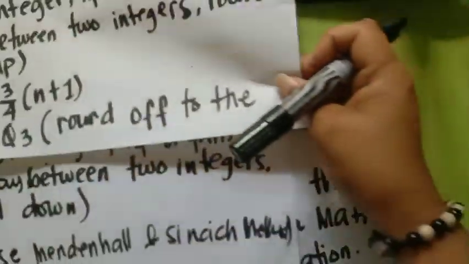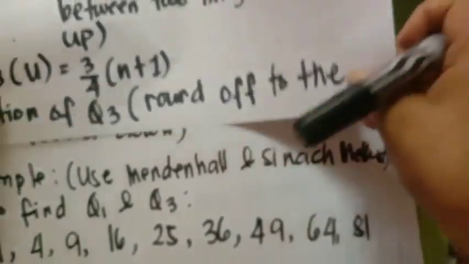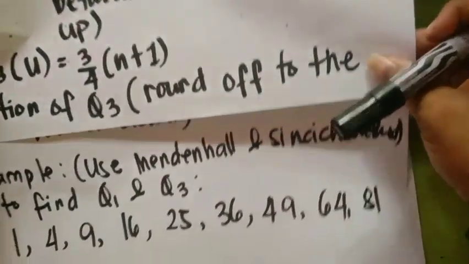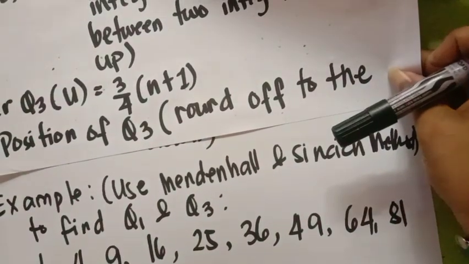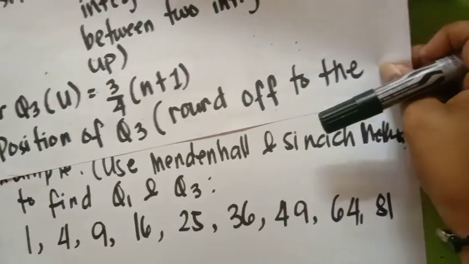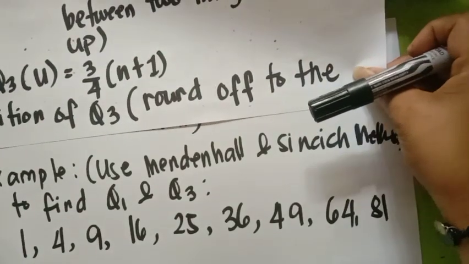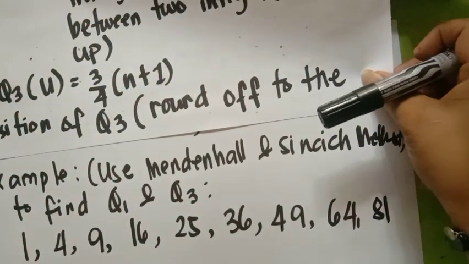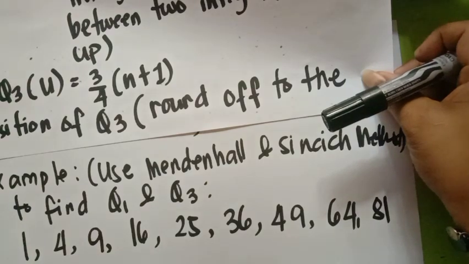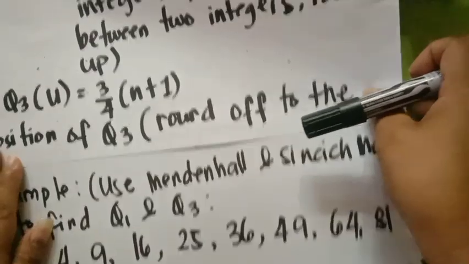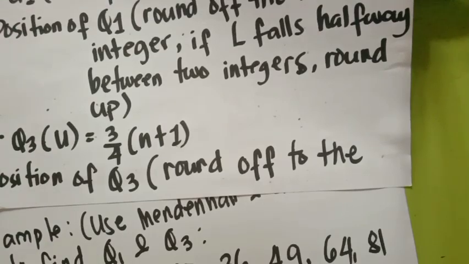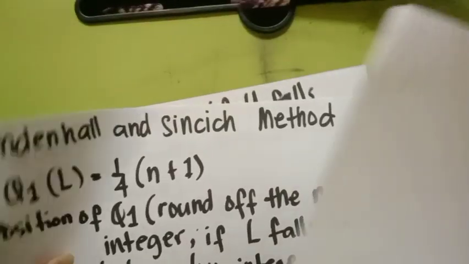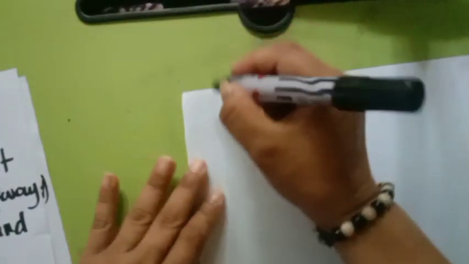Okay? So, let's have an example. Ito na yung example. Use the Mendenhall and Sincich method to find Q1 and Q3. Ito yung given: 1, 4, 9, 16, 25, 36, 49, 64, and 81. The data are already arranged from the lowest value up to the highest value. So, ang gagawin na lang natin is use the two formulas in determining Q1 and Q3. Dun muna tayo sa Q1. So, sa Q1 or L,